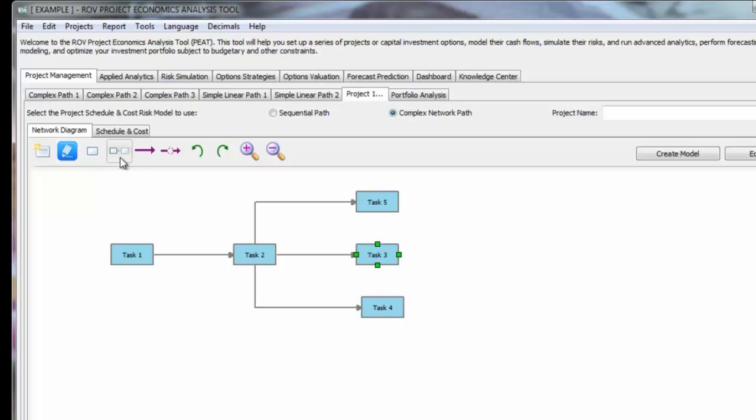And then when you're done, you can add another path, task 6 for instance. And if you want to connect 5 and 6, because you can go through task 1, 2, 5 and jump to 6 by bypassing task 3 and 4 because of parallel development, you select task 5, hold down the control key on your keyboard, and click